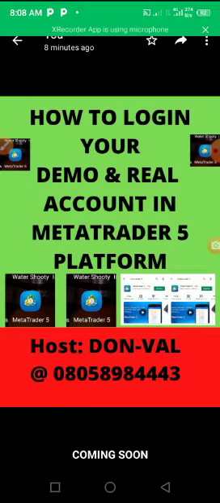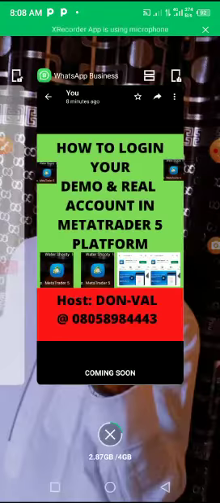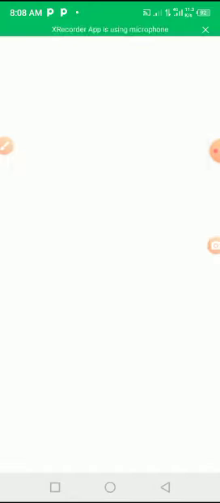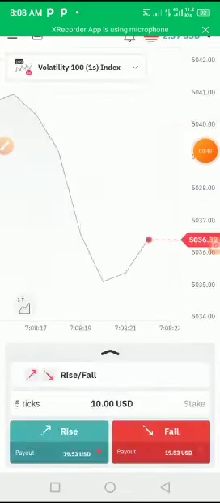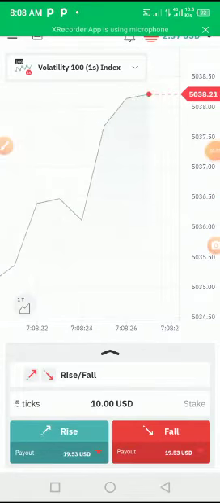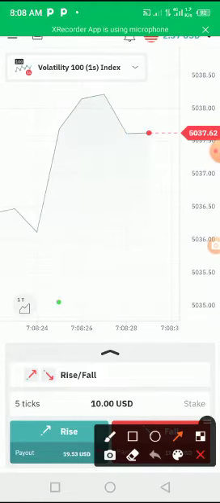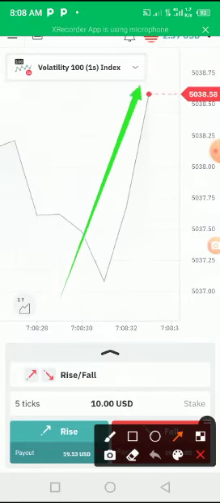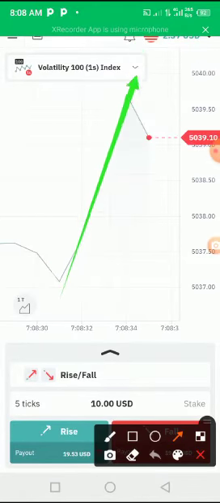First things first, you have to log into your account via Deriv. You see now that Deriv, you log in. Let me log into this person's account. You log in directly. So let's go. If you watch this person's account, you will find out that I've successfully logged in, and he has this real account. How do you know when you are in a real account? You see this flag, that is how you know that you are on a real account.